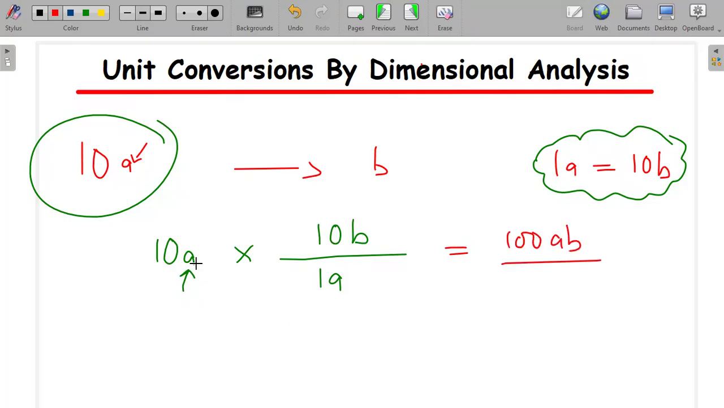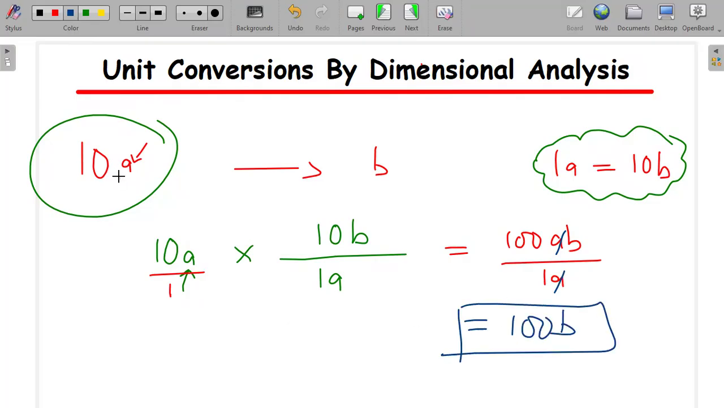And then when I multiply, because 10a is the same as divided by 1, if I multiply 1 by 1a, I just get 1a. So we see that on top I have a, down I have a. So they cancel out. So I just have what? 100b. So this means that 10a is the same as 100b. Okay, that's if you're converting from unit A to unit B,